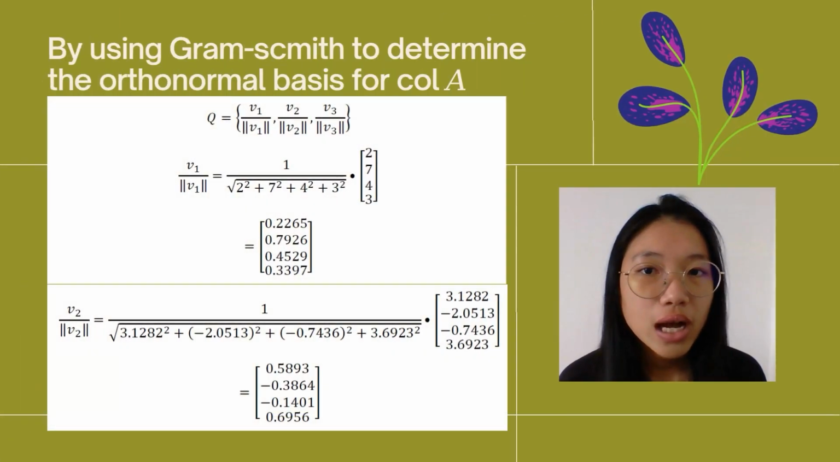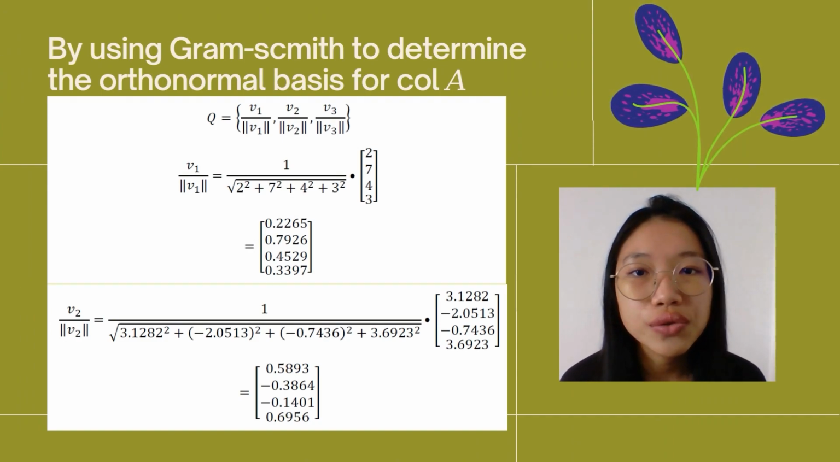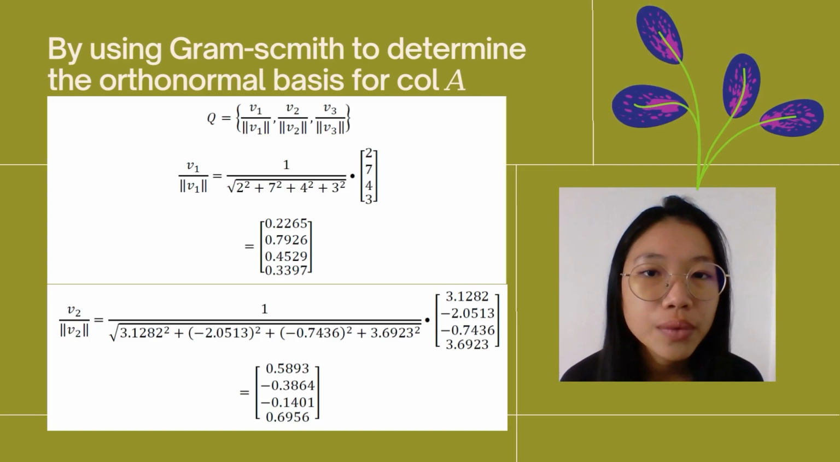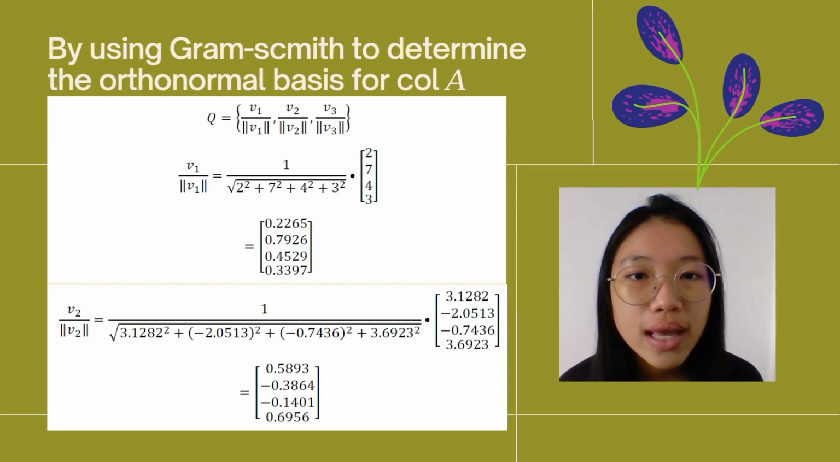Thank you. After we find the orthogonal basis for Col A, we now use Gram-Schmidt to determine the orthonormal basis for Col A. So now I let Q equal the orthonormal basis for Col A. My Q will be the set of vector 1 divided by the norm of vector 1, vector 2 divided by the norm of vector 2, and vector 3 divided by the norm of vector 3. I substitute the vectors found in the orthogonal basis for Col A. So vector 1 divided by its norm is equal to 0.2265, 0.7926,